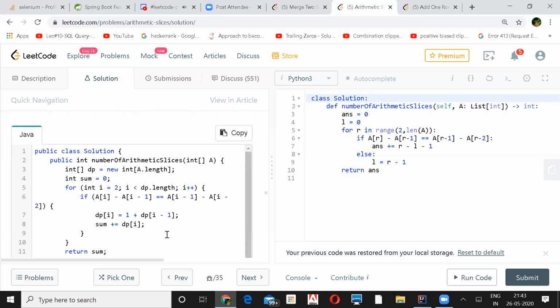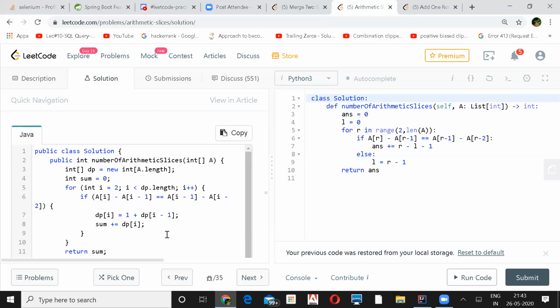When you say DP of i, it actually stores all those indexes, the contiguous ones also, like 1, 2, 3 and 1, 2, 3, 4. That value is stored in DP of i because it looks for the previous value. If it finds 1, it means they had the same differences.